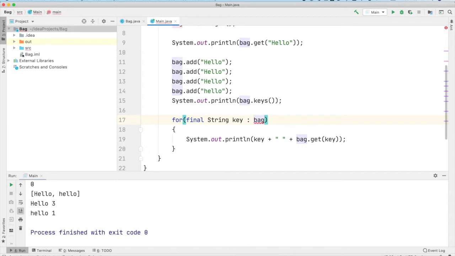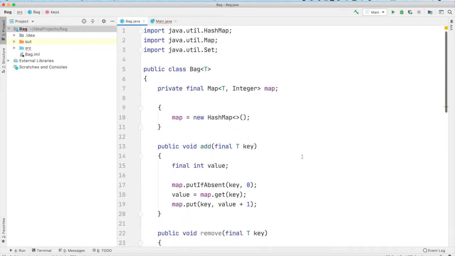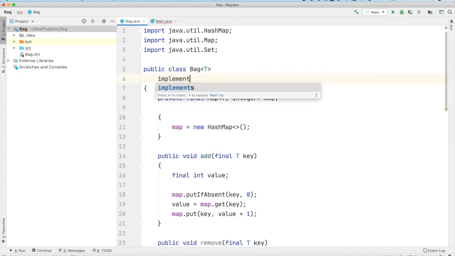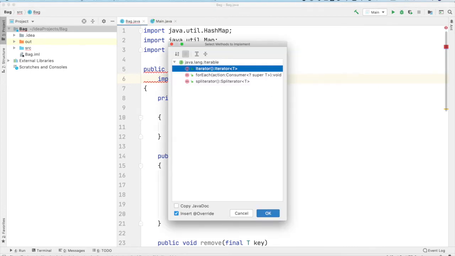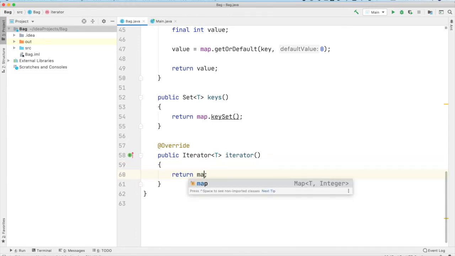I might just want to say I want to go through the bag, which is what I do with a list, right? So that becomes a little more complex. And bear with me because I have never done this one before. I don't think. Maybe I did it once. So this needs to implement Iterable of T. So remember what iterators are. They are ways to go through things efficiently. So here I think all we need to do is return